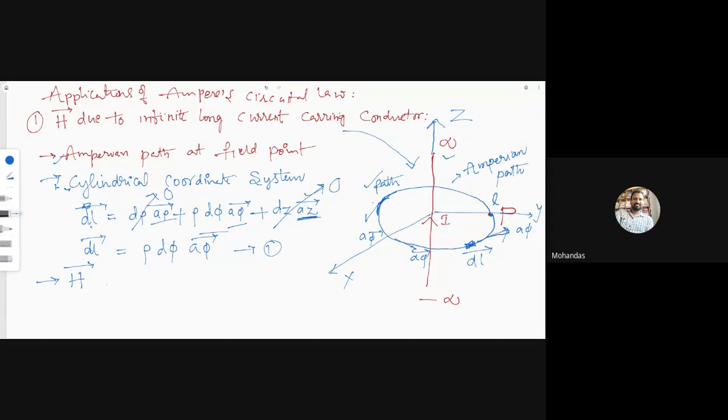H direction. H is magnetic field intensity. At the field point, can you guess, if you take a straight conductor, what might be the direction of the magnetic field intensity? From Biot-Savart we also discussed this, right? Tell me. If you take a tangential...